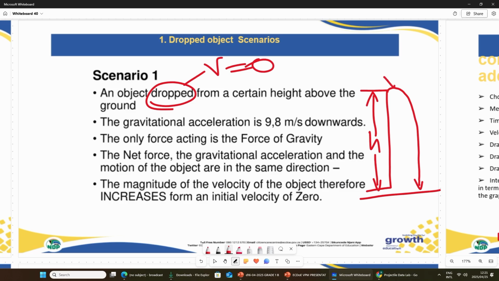Okay, so if it is dropped, then you must know that the initial velocity there is 0. Okay, then also if we ignore the effect of air resistance, or air friction, then we're going to have only one force acting there, that is the gravitational force. So that means now as the ball,